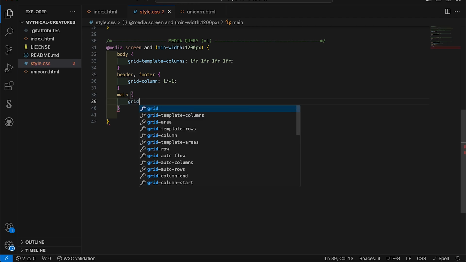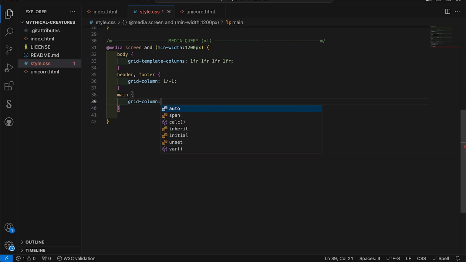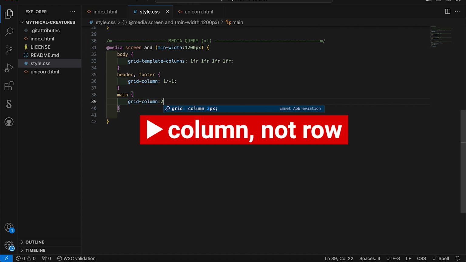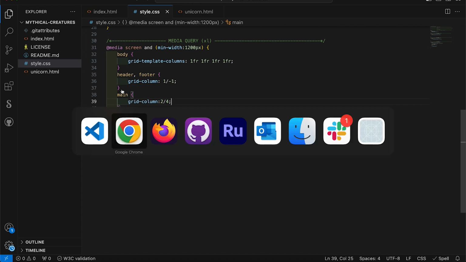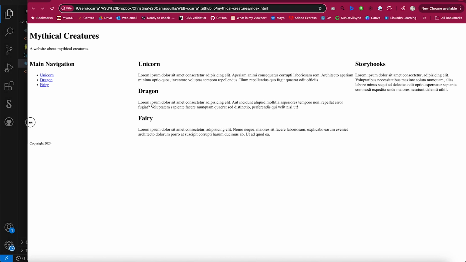So I'm going to say grid dash column, and I want it to start in row 2, and I want it to end in row 4. 4 minus 2 is 2, so it's going to span 2. Save, go back to my browser, refresh. And now main is carrying more weight. It has 2 columns. Main navigation has 1, and the aside has 1. And then both the header and the footer are taking up the entire page there, which is exactly what we want. Now, if we squish our page down